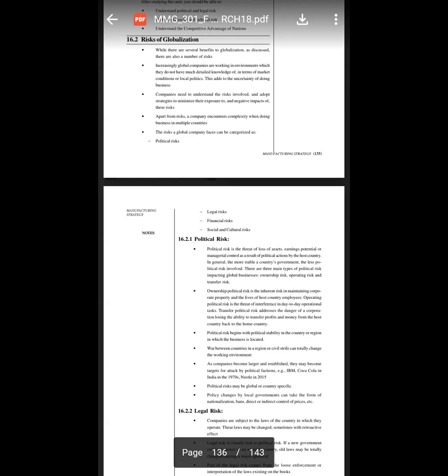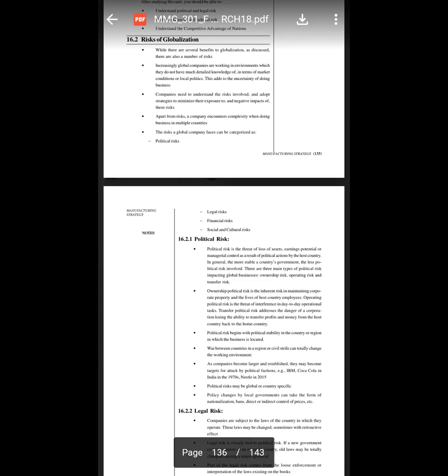because it is a threat of loss of assets, earning, political and managerial control as a result of the political action of the host country. Now, see, government rules and regulations can also create a problem in the company's ethics, because